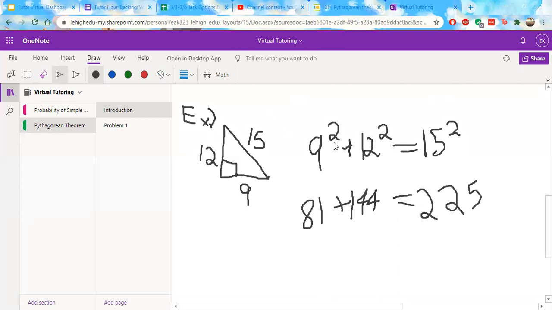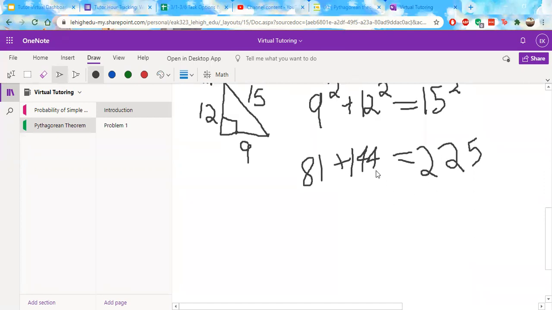You can use your calculator. You can just type in 9 times 9, 12 times 12, 15 times 15. You're going to get these values, right? And then what you do is you add these two together. So 81, let's do the ones place first. So 1 plus 4 is 5. The 8 plus, this is an 8, yes. Now 8 plus 4 is 12. So the 2 goes here. And then the extra 1 from the 12 goes there. So 225 equals